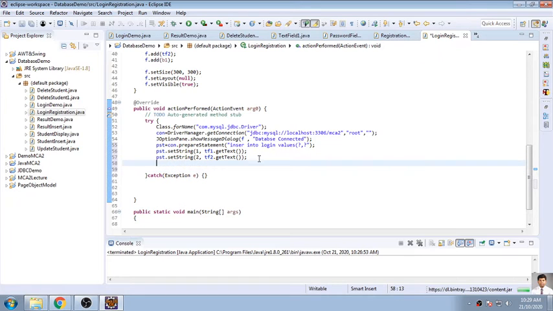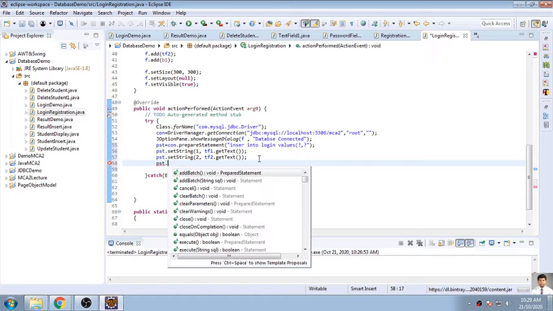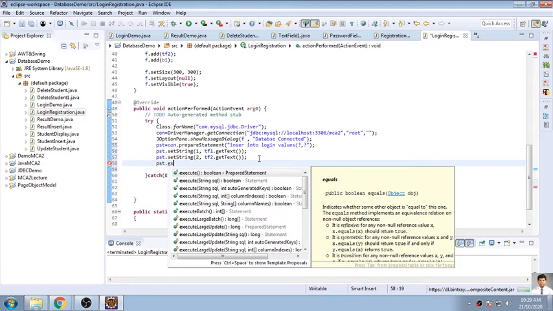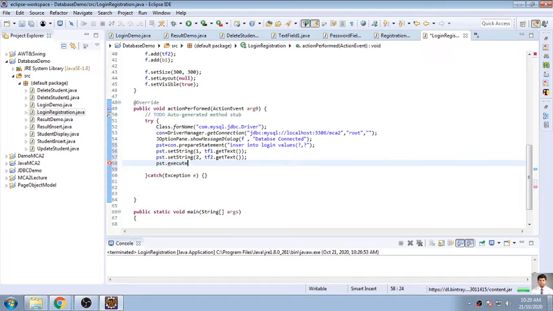Now after that, I have to say pst.execute what? Execute query or execute update? Update. Okay, executeUpdate, and this will execute, and as soon as it has been executed, you will get a result.